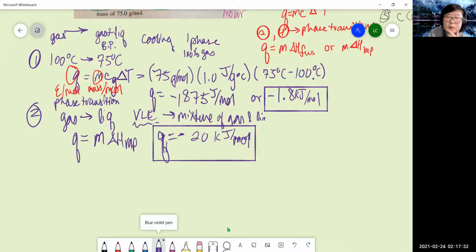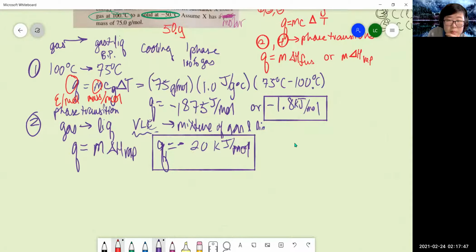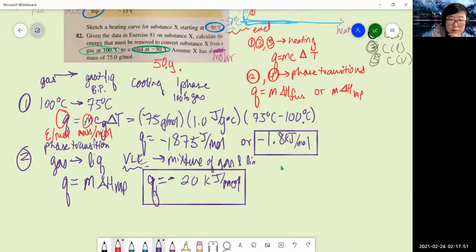You can multiply it, so if you were given an initial amount, let's assume that we wanted to do this with 50 grams, then all we need to do is take this 50 grams and convert it to moles using the molar mass, 75.0 grams per mole. 50 divided by 75 is 0.67 moles, and if that was your basis, you just would need to multiply 0.67 moles and you would get negative 1250, or with sig figs 1.3